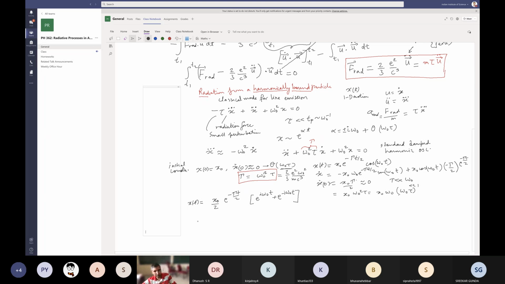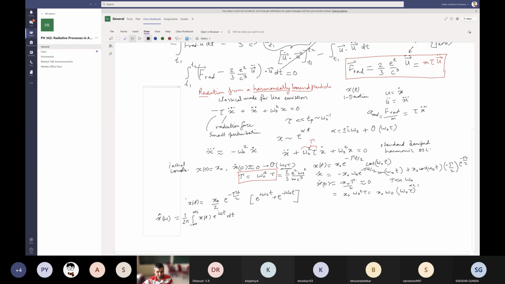Now what about, this is fine, but we are also interested in the Fourier, right? The whole point of this model is actually to look at the frequency response. So we want to get this, right? The Fourier coefficient of x(t). And this is nothing but 1 by 2 pi, this is the definition of this, so this is x(t) e to the i omega t dt,